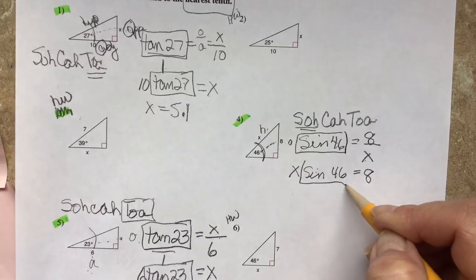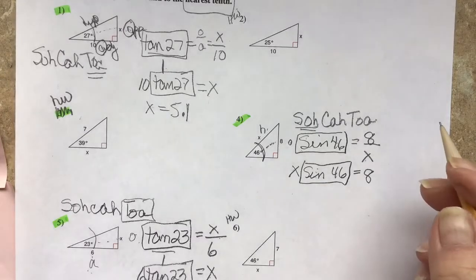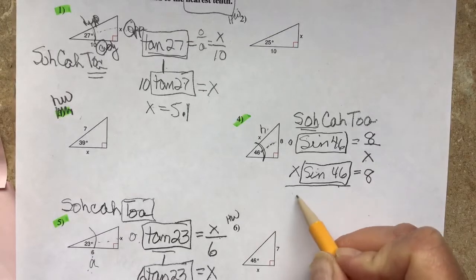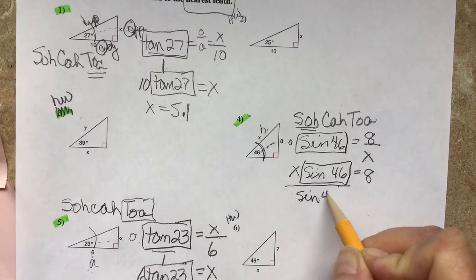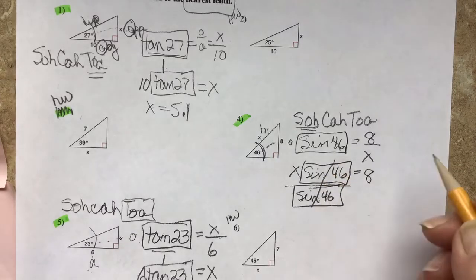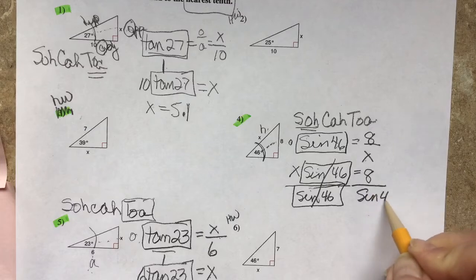But sine 46, this is just a ratio, is locked together. So to get the x by itself, I would have to divide by sine 46, all right, because that's locked together. So those guys cancel each other. Over sine 46,